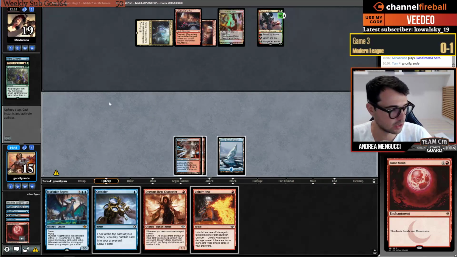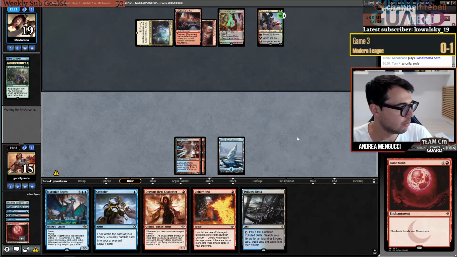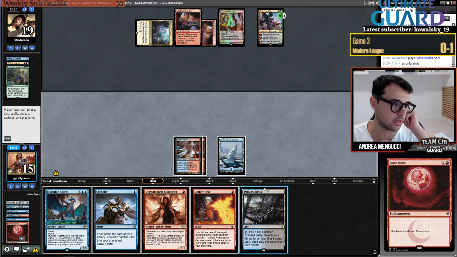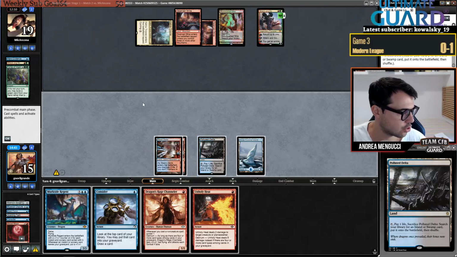I've got two cards in and draw. Ooh, Polluted Delta. Alright, I don't think I care about Ragavan anymore. So what I do here is fetch...